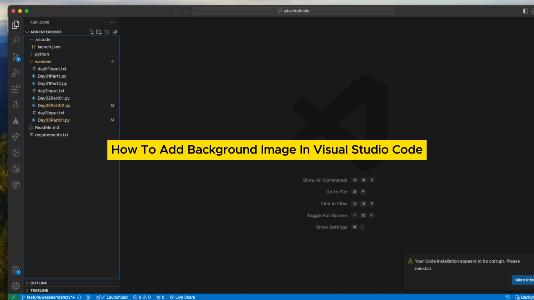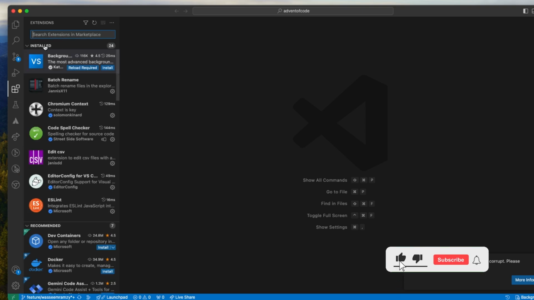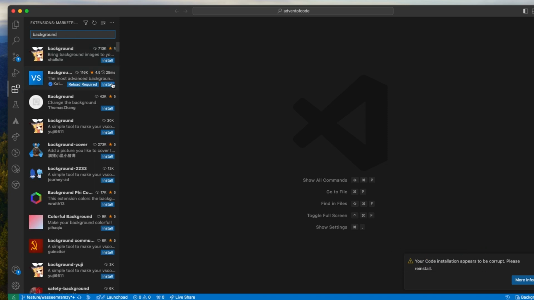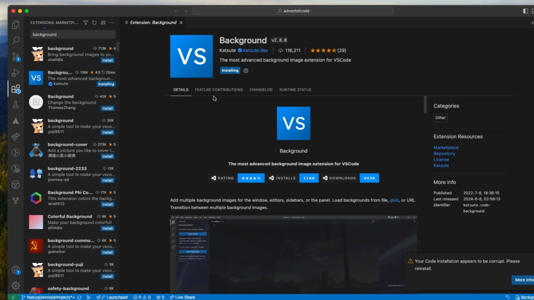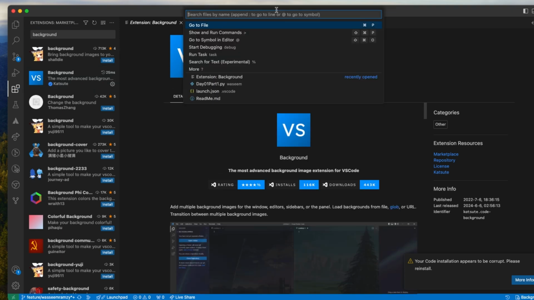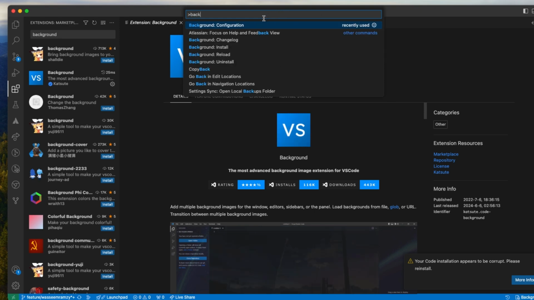First, open your VS Code and go to the extension option on your left side corner. Click on that and search for background extension and install that one. Once installation is done, go to the search bar, type the greater than icon and search background configuration